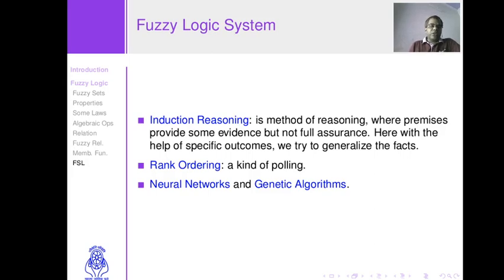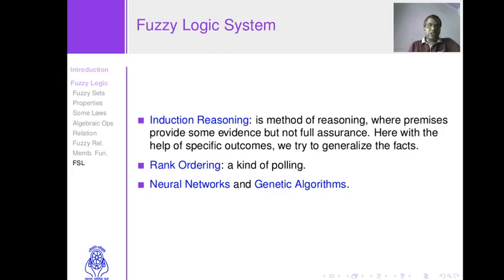So one more ball is pulled out of the bag, and that ball is also a red colored ball. So from these three statements, I make a general statement that all the balls in this bag are red colored balls. But I am not fully sure that this statement is true,